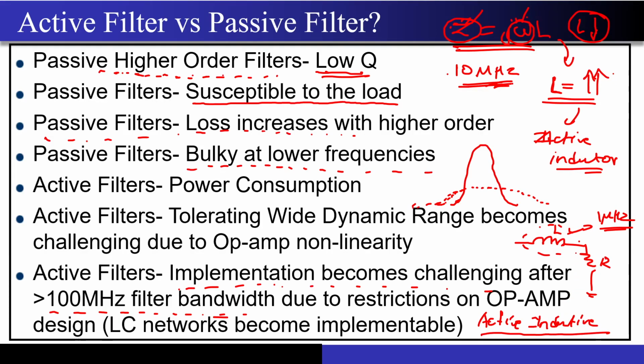Basically you use the op amp or some active circuits, and along with the op amp, the capacitance and the resistance, you try to emulate the inductor. What do I mean by emulate the inductor? Emulating the inductance means you create a circuit whose impedance rises with the frequency up to a certain point. So let's say this is my F and this is my impedance that I'm trying to draw. If my impedance increases with the frequency, this is the function of the inductor. So this active circuit acts as an inductor till a particular cutoff frequency.